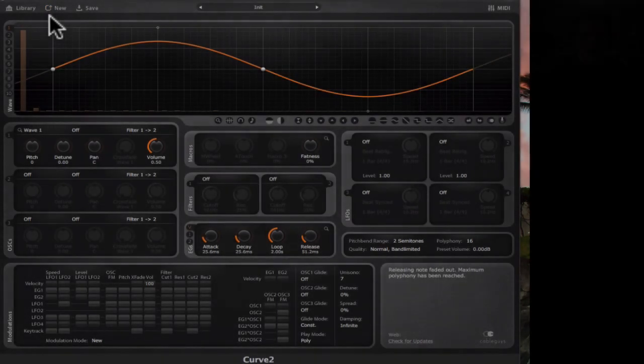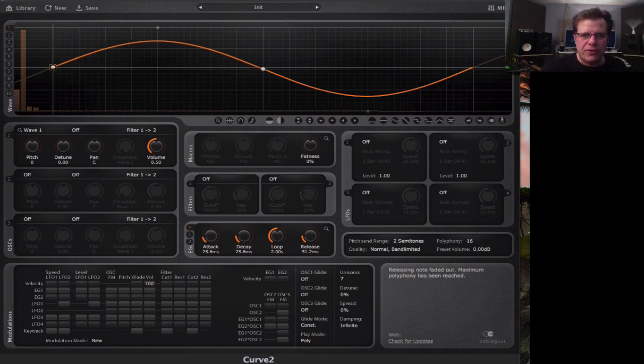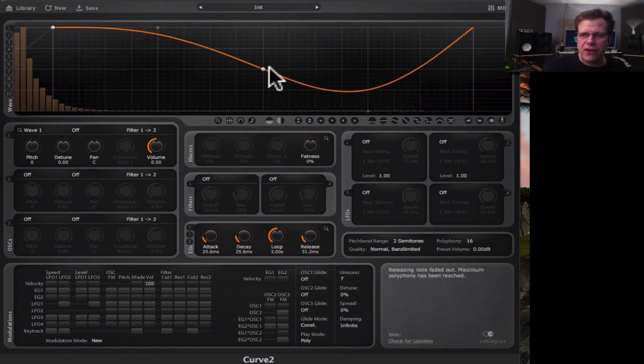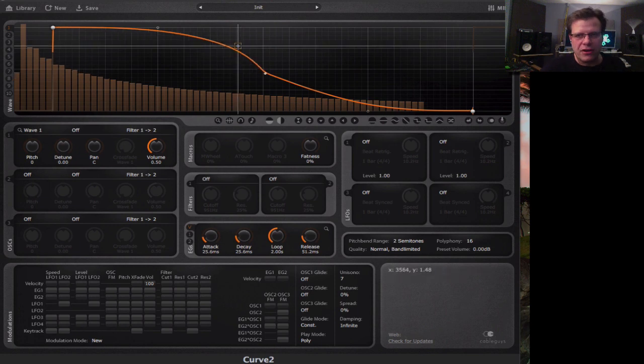So when you say init, you have a sine wave. And what's cool with this interface is you can just start clicking and dragging, and it invites you to start making your own waveforms. And as you can hear,